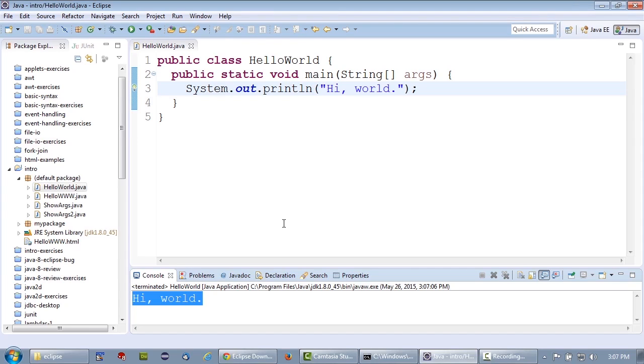For example, when we get to network programming, we'll find that it might be a little more convenient to pass in command line arguments. So you'll do this once in a while, not very often. So if you want to compile and run from the command line,